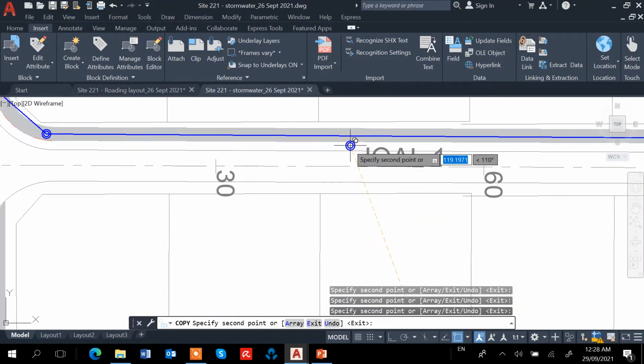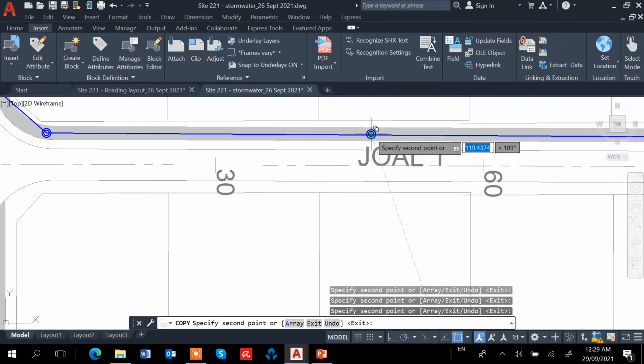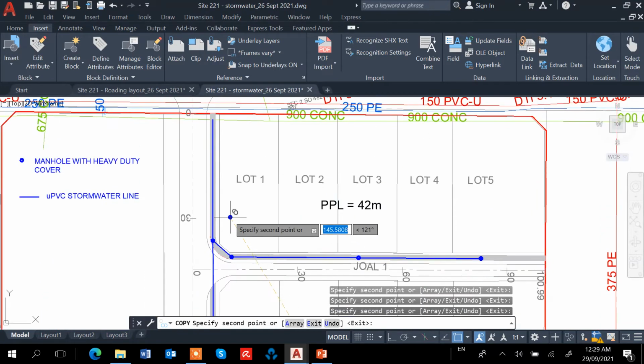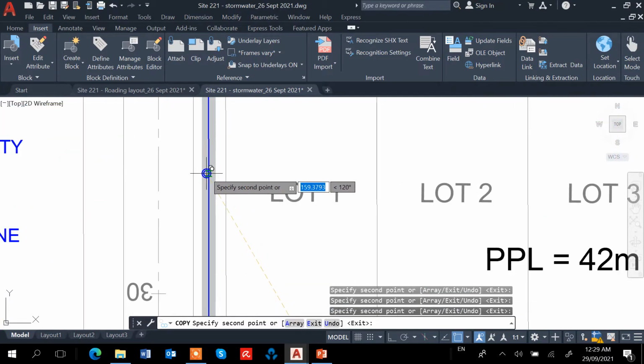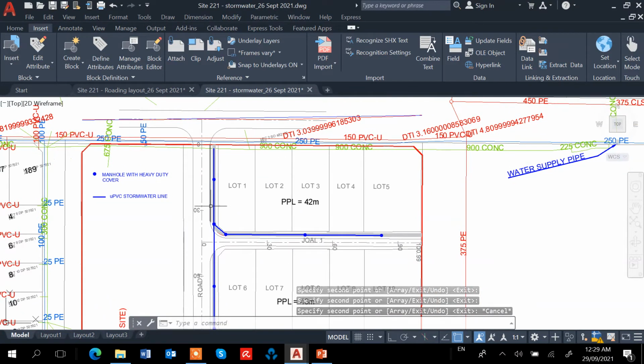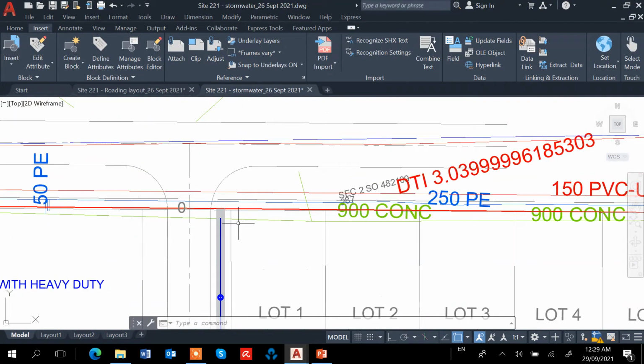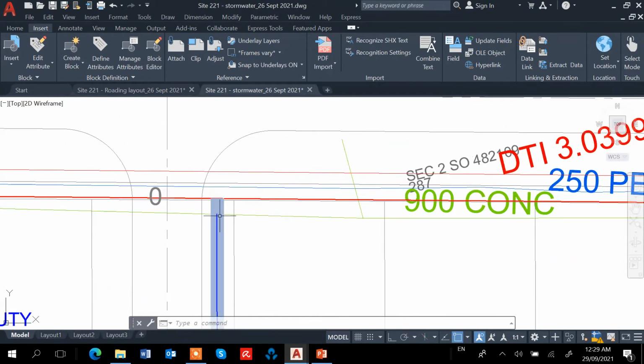And then one in the middle of this road, somewhere here. Maybe I put another one here. Because the road has a lot of catch pits, the water from the catch pit has to discharge into the manhole. So this stormwater pipe will go into the